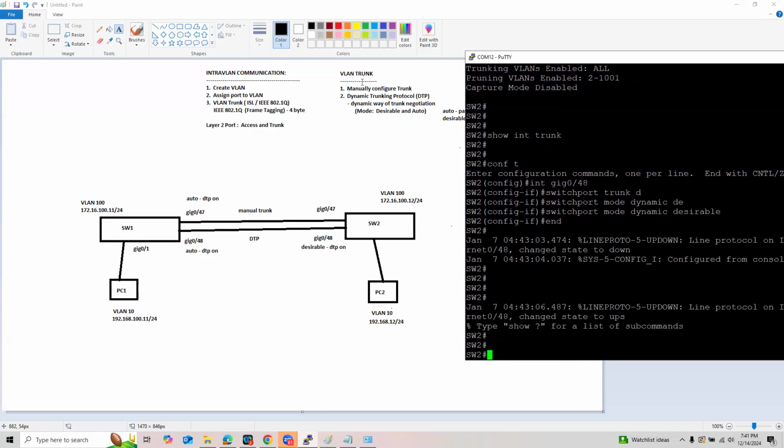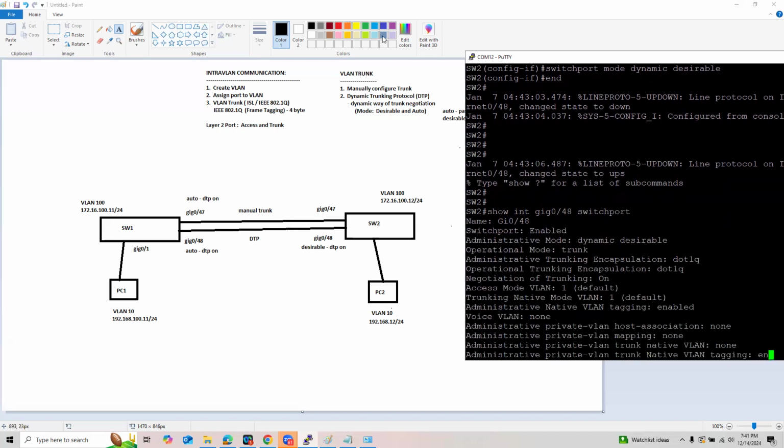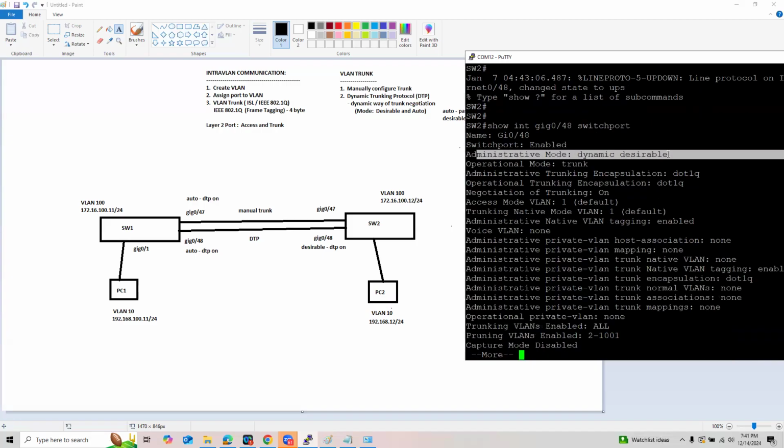Once I enter this, you will notice, if we check show interface gigabit 0/48 switch port, that the administrative mode now is desirable. And you'll notice, guys, that the operational mode is now a trunk.